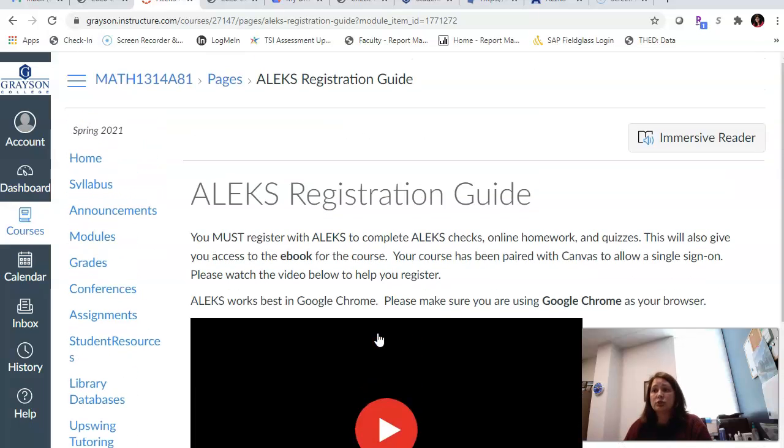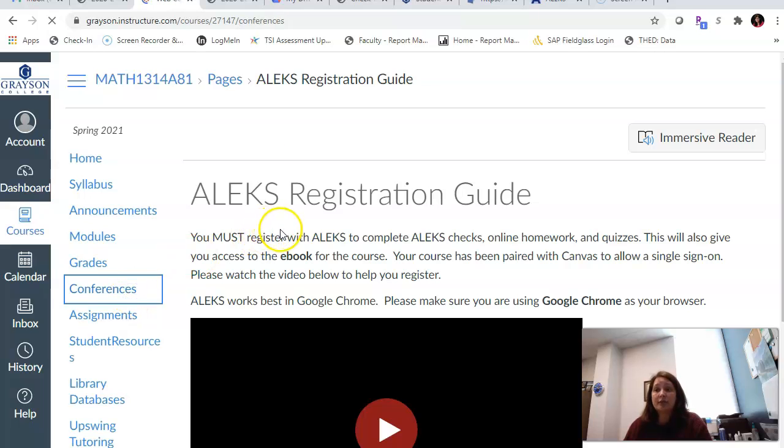Now that brings me to another point of how to get into class Tuesday morning or this week. When you're in the Math 1314 Canvas shell, you're going to go over to conferences. Right now you will not see a conference in the conference shell. As soon as one is made, you will see them.